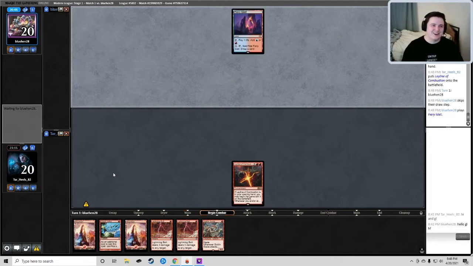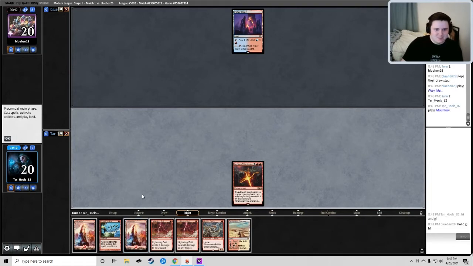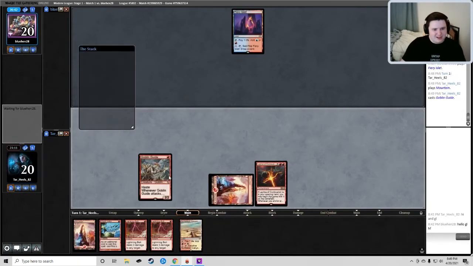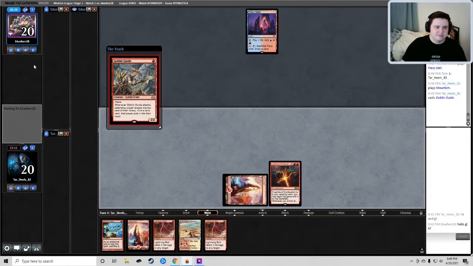Oh my god, our opponent's heated. I know, because I would be. Alright, play Goblin Guide. But if you're going to kill it, you're going to take 2, so that's fine. I mean, don't get me wrong, it is still possible that we lose with Leyline of Combustion in play, but